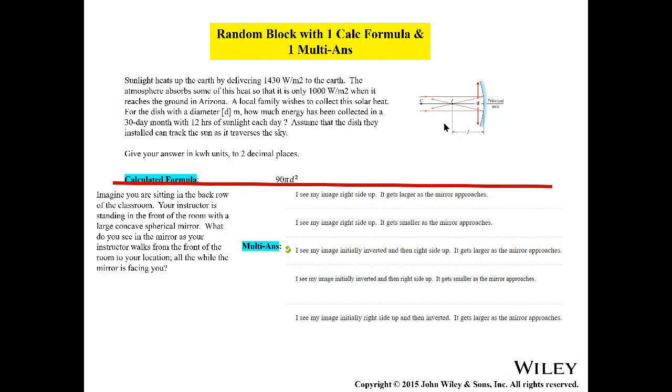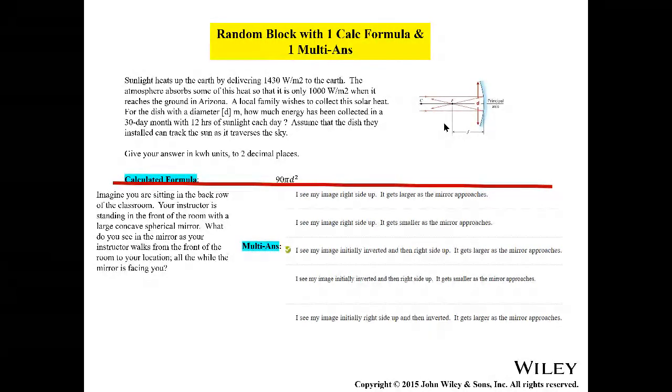So this concave mirror cannot be just on the roof by itself. It's got to have something that can track the sun, right? And for a given day, how many hours can you have? Well, they say it is 12 hours. In Phoenix, Arizona, indeed, on a sunny day, you can fully focus on the sun and follow it